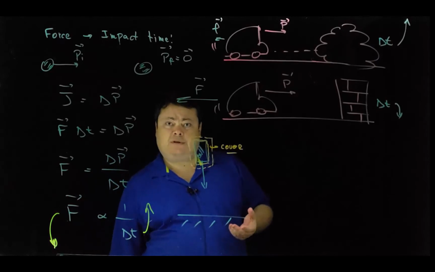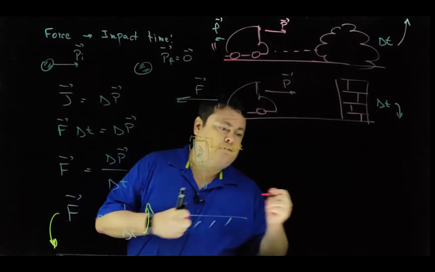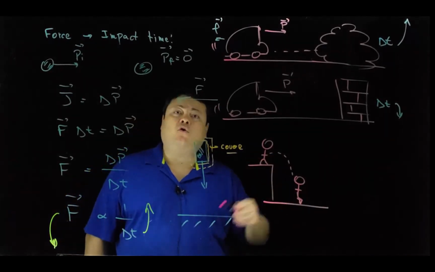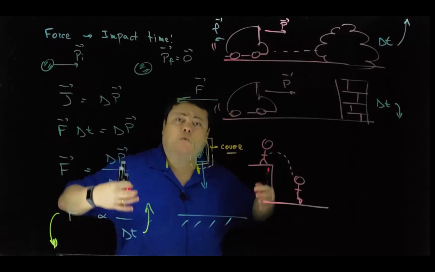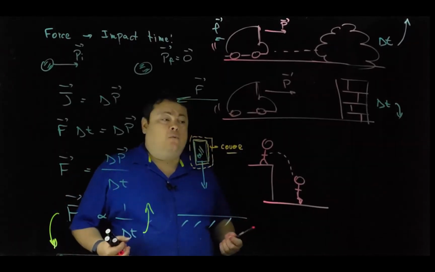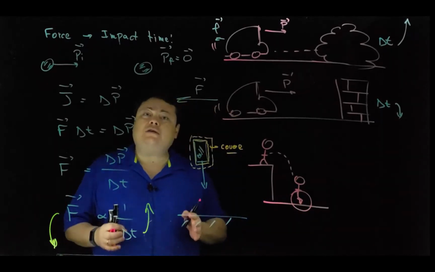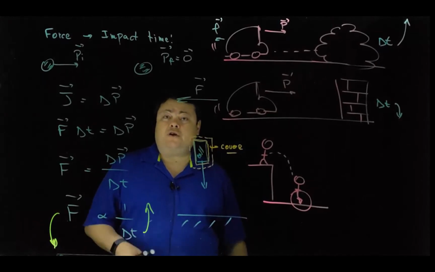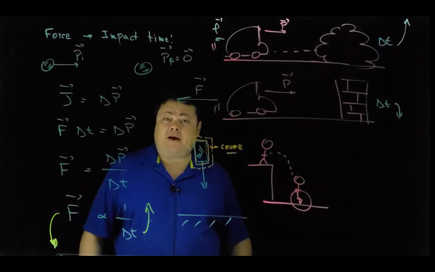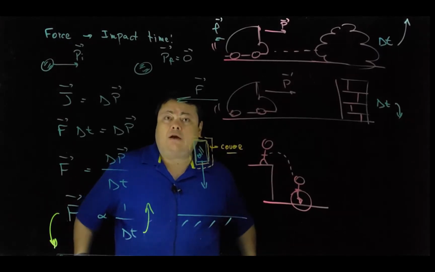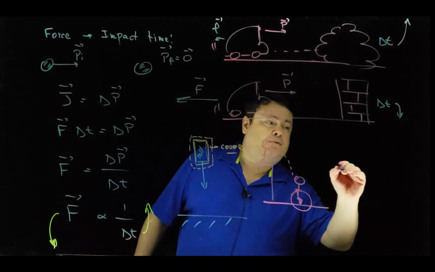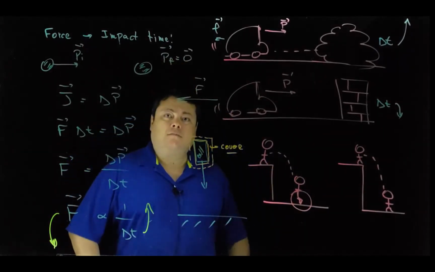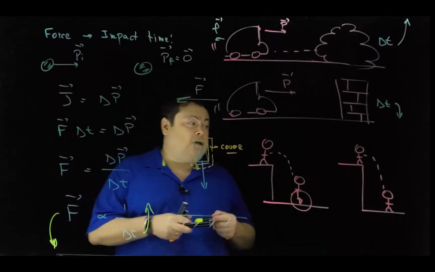When a person jumps from a certain height onto the floor, instinctively, we bend our knees when we do that. Well, bending the knees increases the time we take to stop, and therefore decreases significantly the impact force on our feet, knees, and our back. If you actually jump and try to land without bending your knees, you are extremely likely to get injured